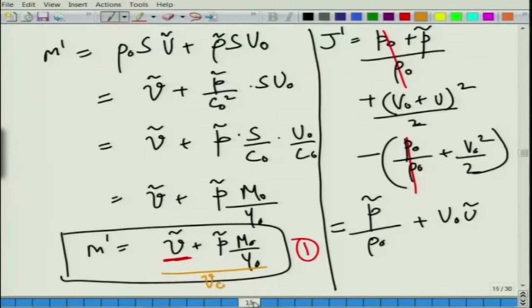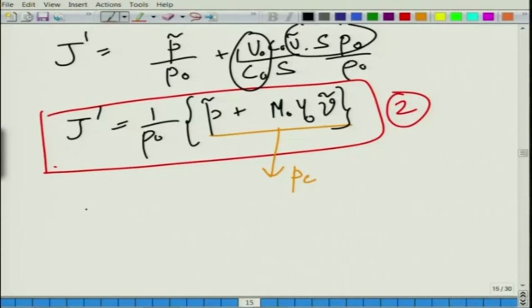So, the reason that I sort of brought this out suddenly was that it will be very convenient to write out the power in terms of the convective state variables. So, C here, subscript C, basically it means convective state variables. So, here we have this, okay. We have got this kind of a thing, all right. So, Wc is equal to 1 by rho naught into Vc Pc, and you have an average over that, okay. So, now clearly we have defined these quantities and expressed the total power that is radiated in terms of the